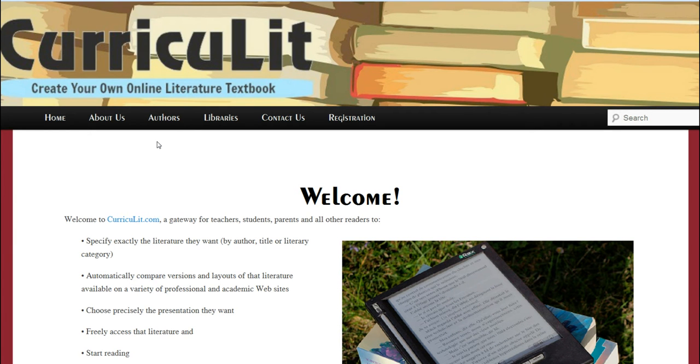Access to the various features of CurricuLit.com may be gained from the home page by pressing a tab on the menu bar or by clicking on links displayed throughout the text on each page. The main features of interest to most visitors are found in the Authors and the Libraries tabs. Click on the Libraries tab,